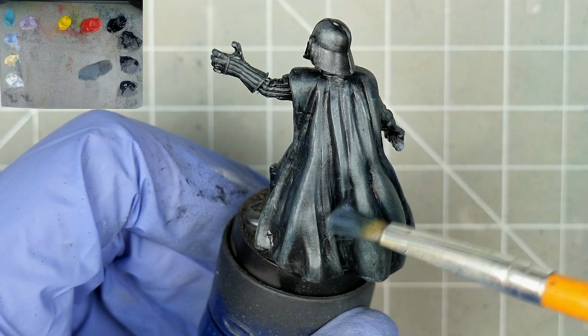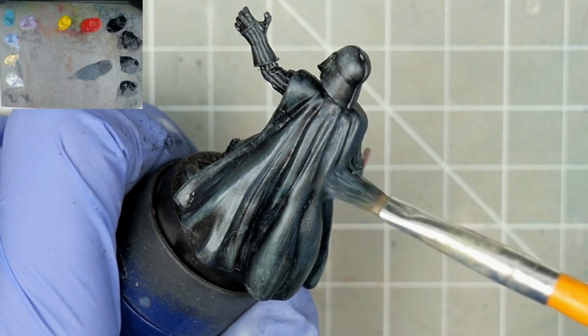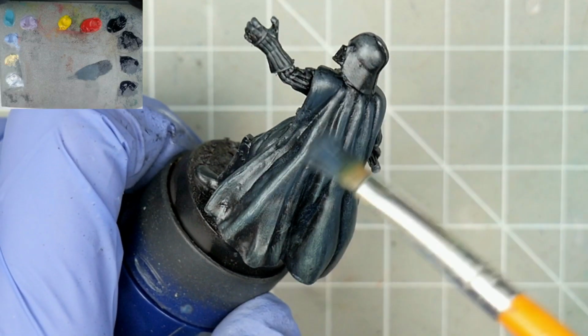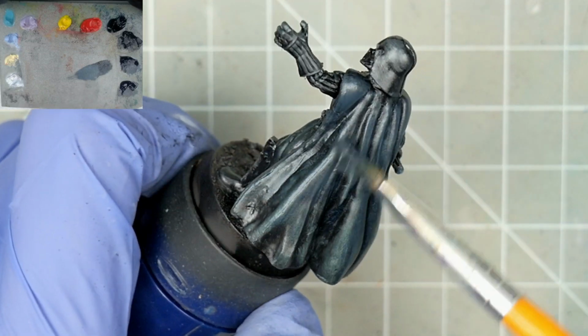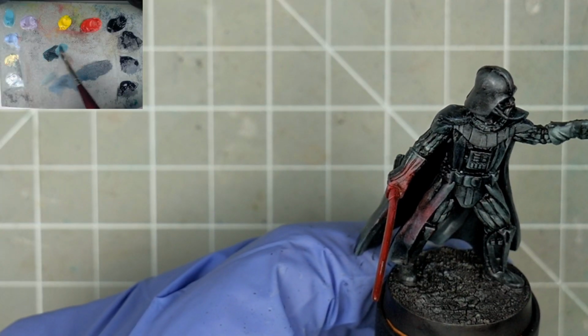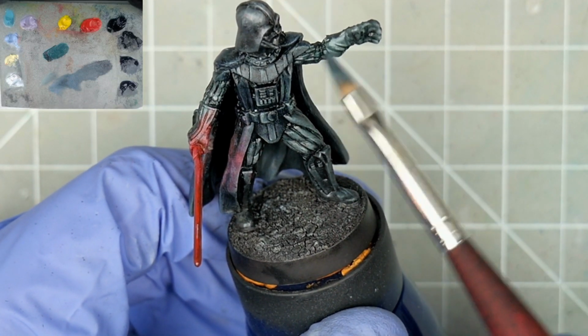This is fairly straightforward, and we're just letting it mix on the model as we work top to bottom, eventually coming back for fresh paint to reinforce the brightness on the higher parts. It's definitely looking more blue than grey up there, but we can make adjustments once we have everything else blocked in. I'm likewise mixing some turquoise into the perylene black so we can make a mid-tone from the underlying green